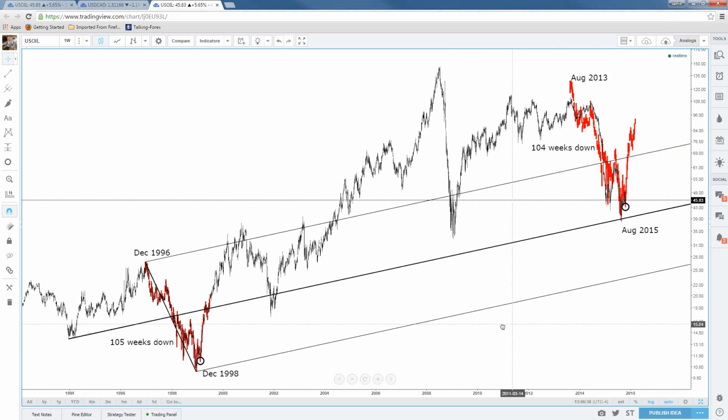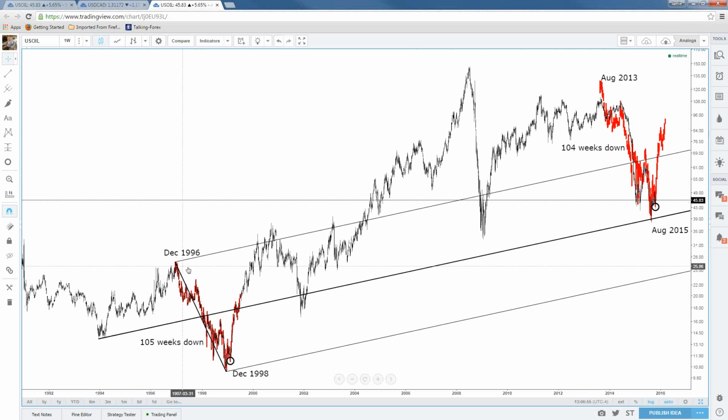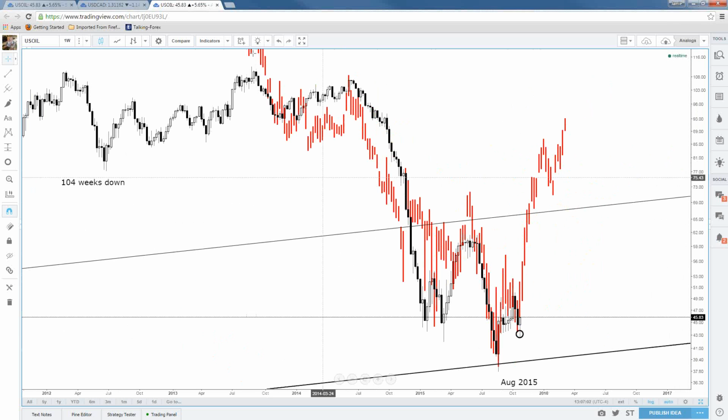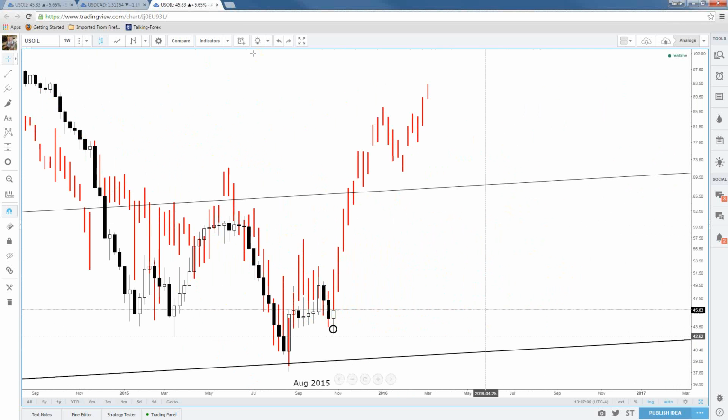Remember, it was the comparison between the 1996 to 1998 decline, 105 weeks down, and then the decline from August 2013 to August 2015, 104 weeks down, right? And the forms were really similar, both 5-wave declines, right? 1, 2, 3, 4, 5, right here. 1, 2, 3, 4, 5, and